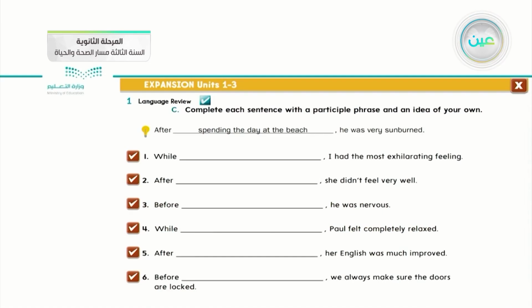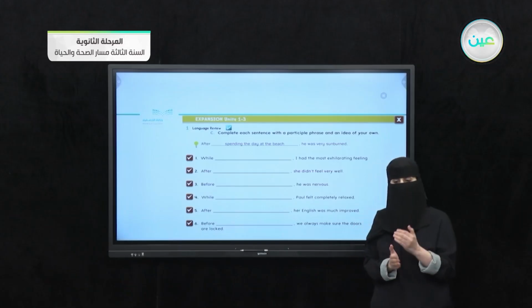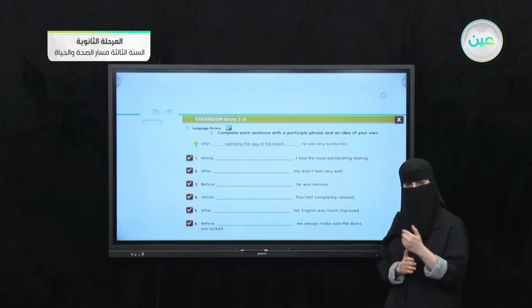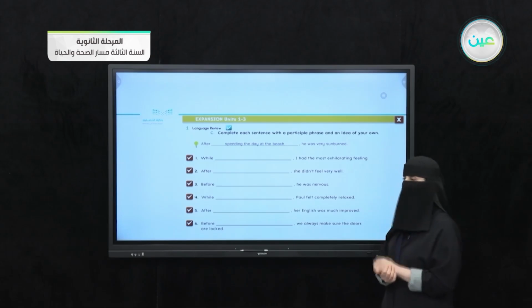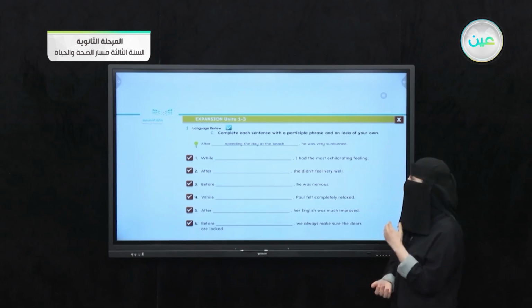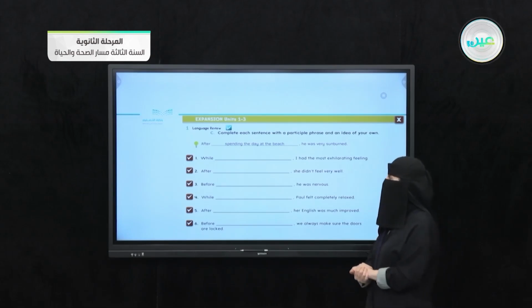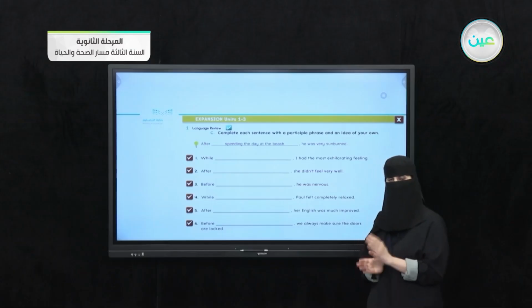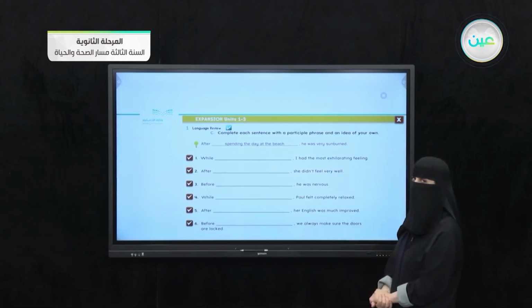What do they mean by participle phrase, or how can I apply it with this question? They want you to reduce the adjective phrases to make what? A noun. From an adjective clause, to make a noun phrase. Let's begin applying that to the question. After spending the day at the beach, he was very sunburned. So we reduce the adjective phrases and make it a noun clause or phrase by answering this question.